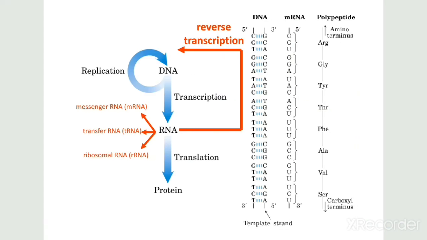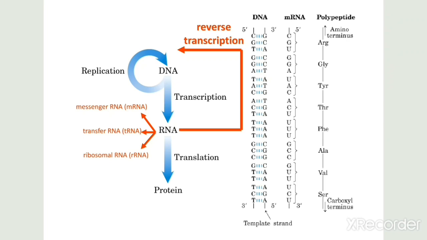Here you can see the illustration in which DNA is converted into RNA through transcription by using RNA polymerase enzyme in the nucleus of the cell, while RNA is translated into protein in the cytoplasm of the cell. There are three types of RNA: messenger RNA, transfer RNA and ribosomal RNA. Well, if we talk about their function, messenger RNA acts as a messenger and it carries genetic information from DNA to ribosome for protein synthesis, while transfer RNA brings amino acid to ribosome during translation or protein synthesis, while ribosomal RNA provides structural framework for the ribosomes.